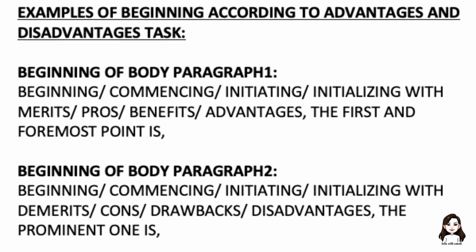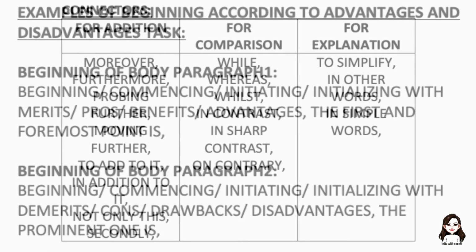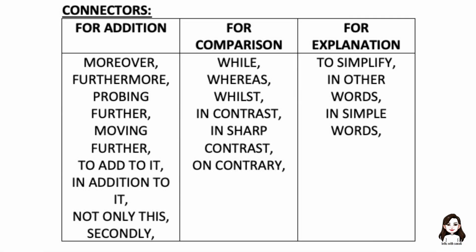After that, beginning with body paragraph 2, of the same type, you can express anything from that, but you need to mention demerits, cons, drawbacks and disadvantages. Whatever you want to mention over there, you can do that. Now going on to some connectors that I can use